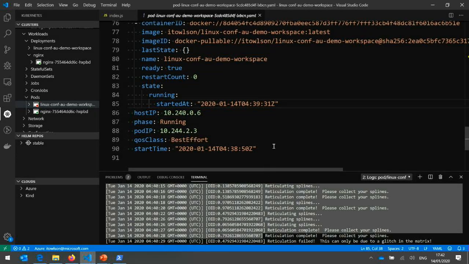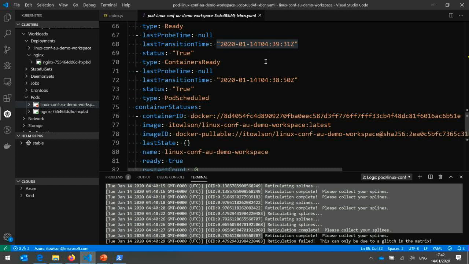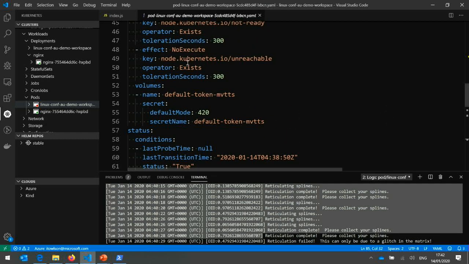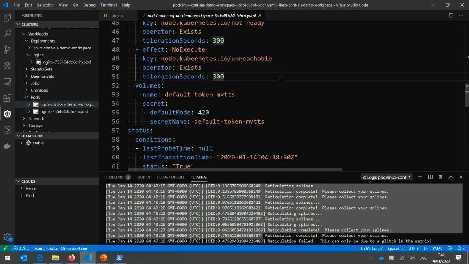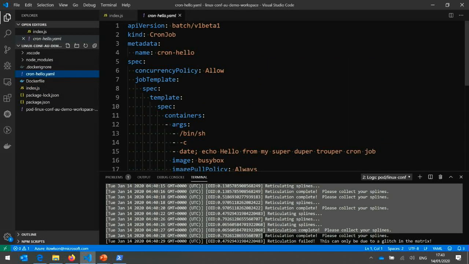And I can use that to get information like, I don't know, what's the last probe time? It's the last time we probed something. How about that? Who would have guessed? What are toleration seconds? So you can just hover over things to get hints on them. And that also turns into, we can grab this thing, for example, and